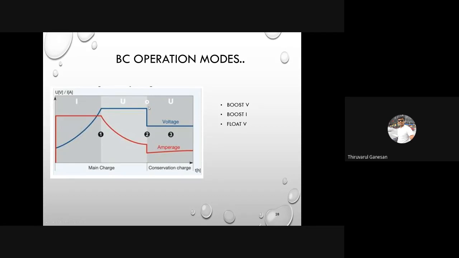This is the operating mode. When you charge your battery at the very beginning, you can see the voltage is almost at a minimum voltage. I don't say it's 0, it's not possible. It's a minimum voltage, and you have to maintain a high current to charge your capacitor. After the voltage reaches the desired level, maybe 110 or 105, depending on your control algorithm, you have to vary or reduce your current to maintain the same voltage, and you have to monitor